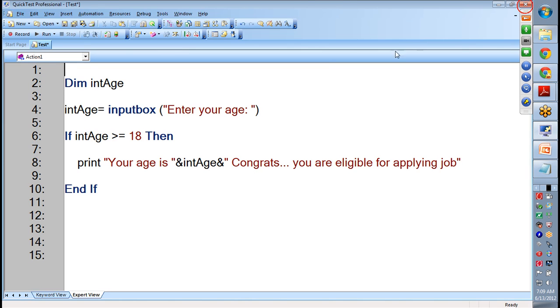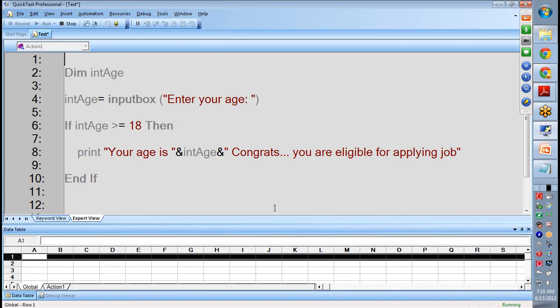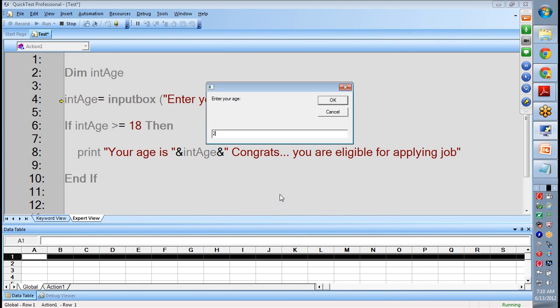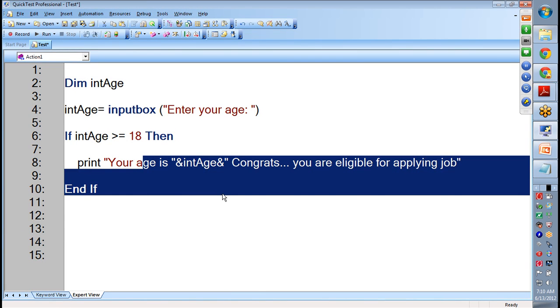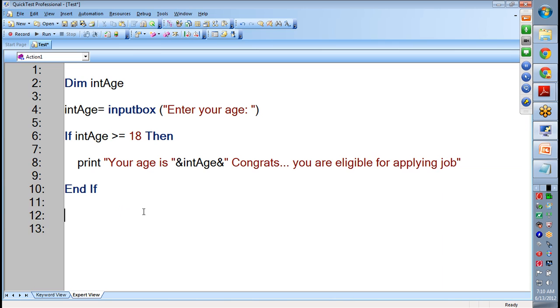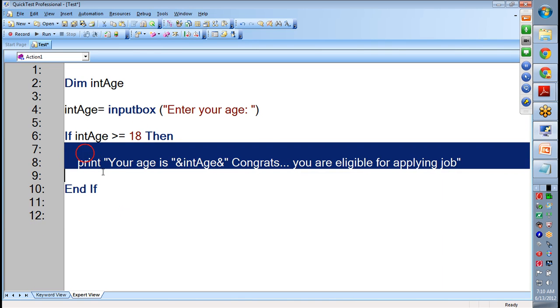In case 2 I have given, sorry, it's not going inside. So if the condition is true, only then it will come inside and try to